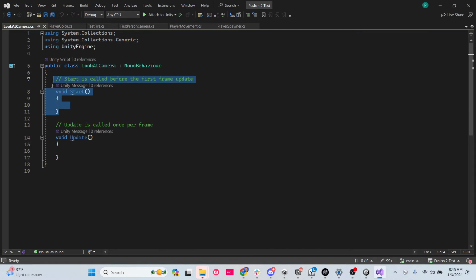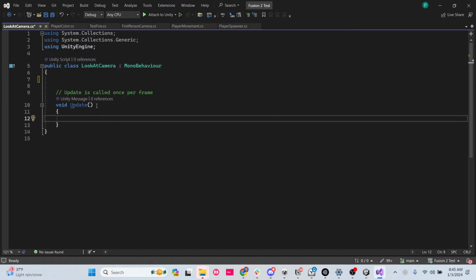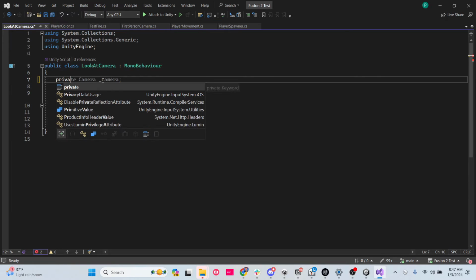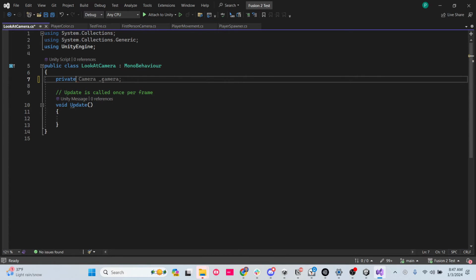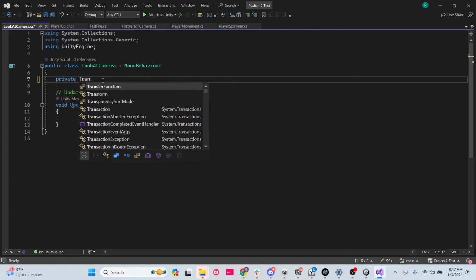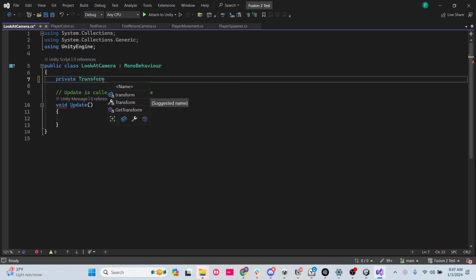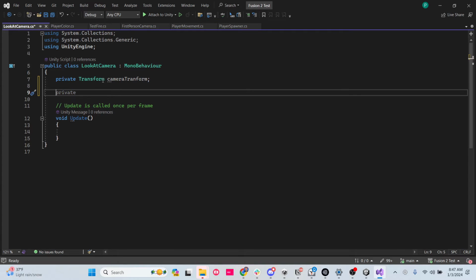And what we're just going to do is we're just going to, what are we going to do? All right, so what we're going to do is we're going to do just a private, wow, I kind of knew what we were doing, didn't it? We'll do private transform, and then we're just going to call this camera transform, and then private void start,